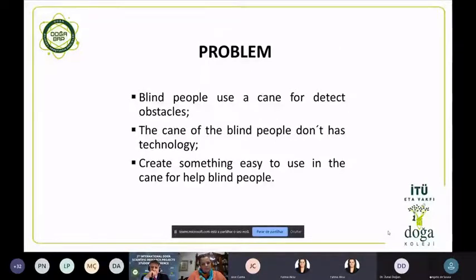How I already say, the blind people use the can for detect obstacles, but only when she touch in the object. And with this new technology in the can, you can not touch in the object. You can see the object a little bit further. And the most important thing for